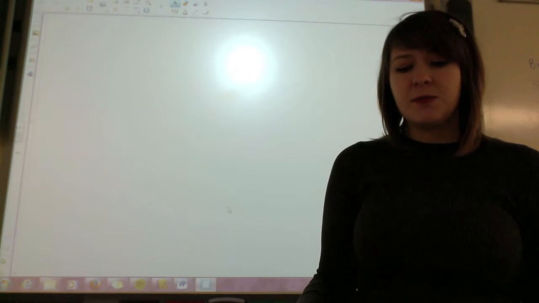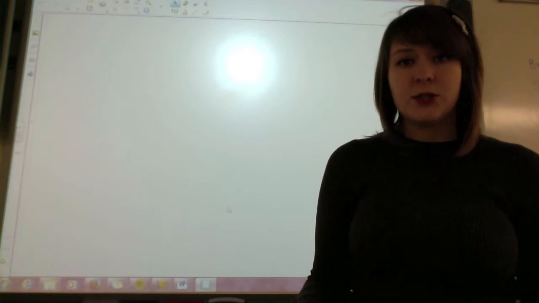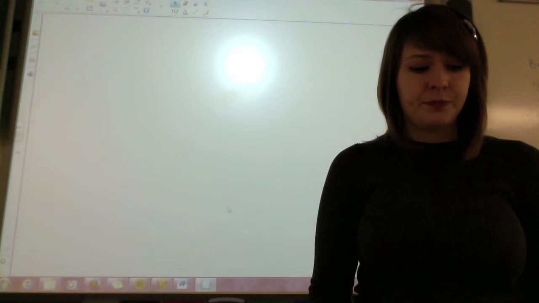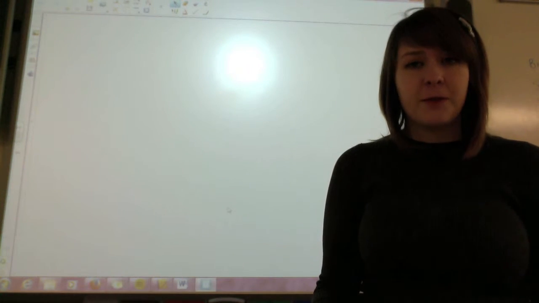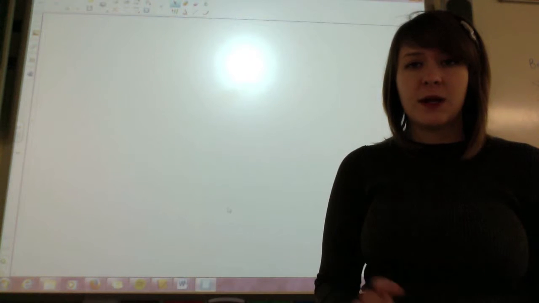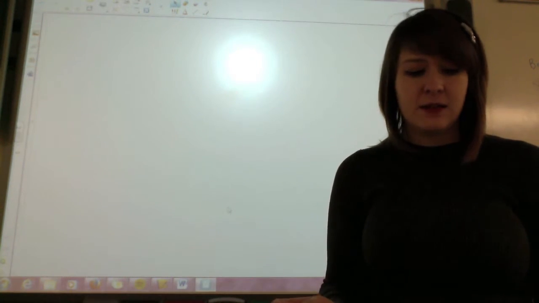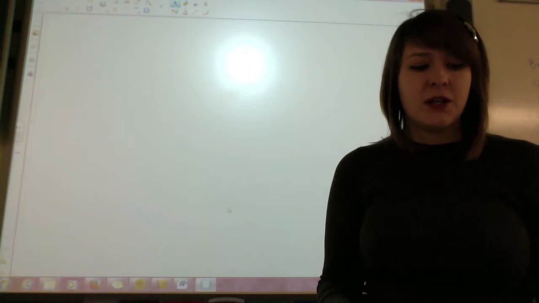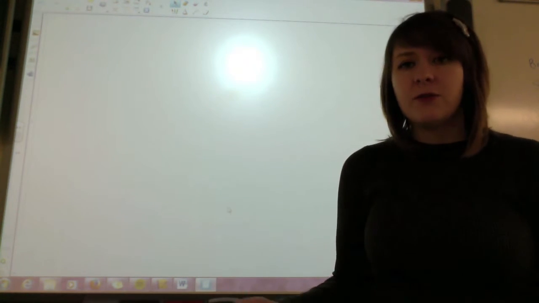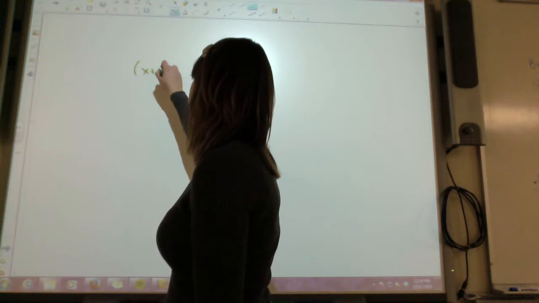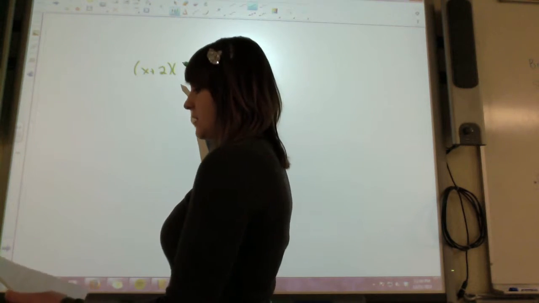I want my answer to be a product of two binomials, which is when you have two sets of parentheses and you're multiplying them together. If I think about FOILing, that's when I multiply two binomials together and I do first, outer, inner, last. I'm multiplying each term by each term to get an answer. So for example, if I were going to multiply x plus 2 times x plus 1,